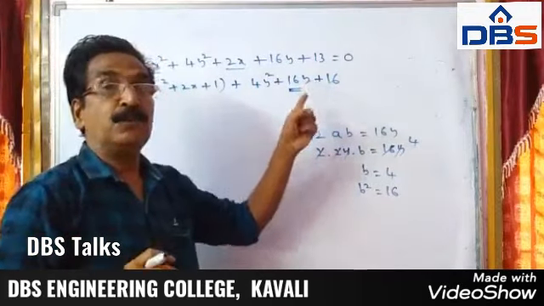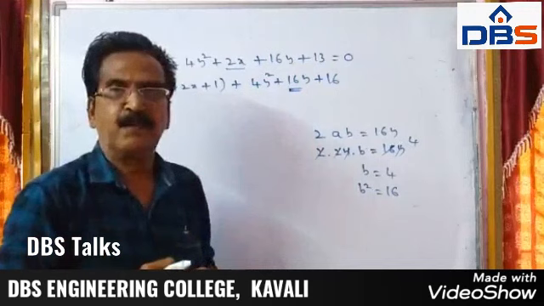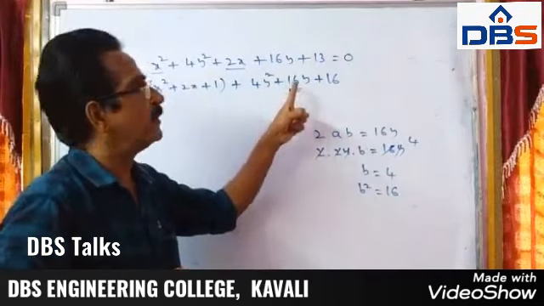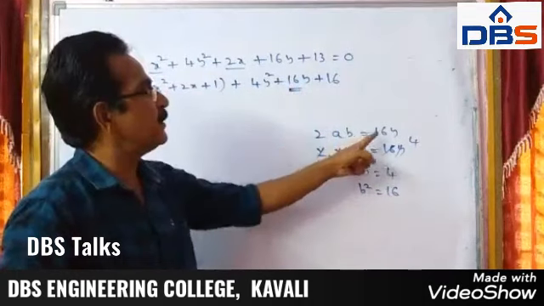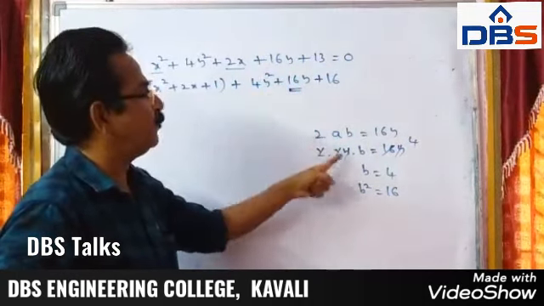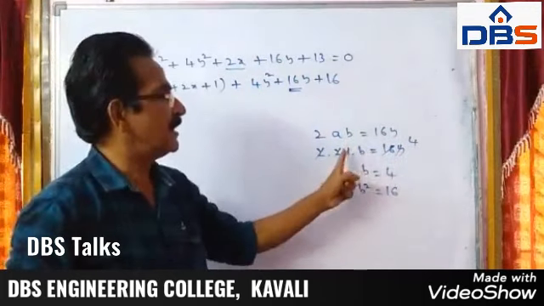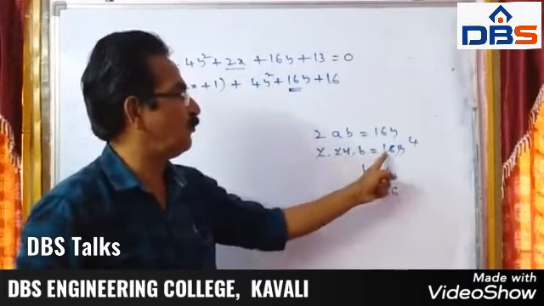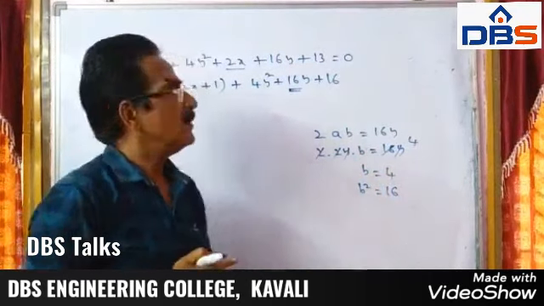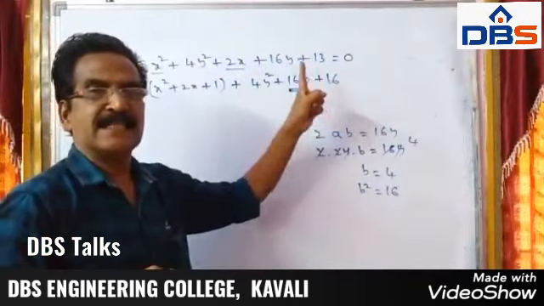Like this, we know what to be added to make it a perfect square. The given middle term is the 2ab term. 2ab is equal to 16y. 2 into a, which is 2y, whole square, so a is 2y. 2y into b is equal to 16y. Y cancels. 2 2's are 4, 4 4's. B is equal to 4. B square is equal to 16. So we have to add 16.